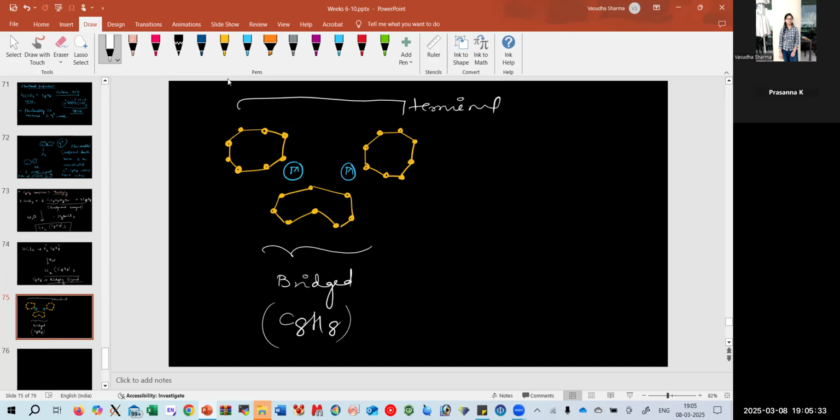In the terminal ones, it will occur as eta 4 C8H8. That means 1, 2, 3, and 4. Only these 4 centers are going to bind with your metal. Similarly, this side, 1, 2, 3, and 4. The other 4 will not participate. And here, all of them would coordinate. I'll make it with a different color, maybe a green one. So 1, 2, 3, 4,